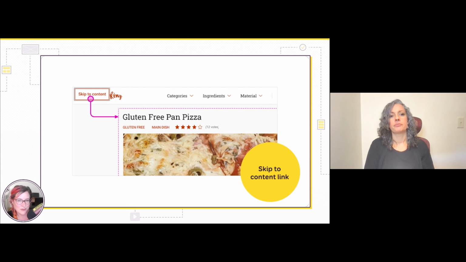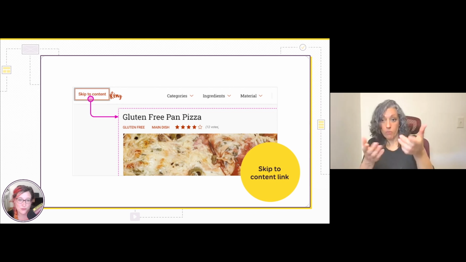Designers can also document the skip to content links. The skip to content link is a link that is often invisible, but not always, by default. And when the user starts navigating with keyboard navigation, it shows. It's also announced by the screen reader, and it lets people skip directly to different parts of the page. Usually, they want to skip to the main content. So if they know the navigation and they don't care about it and they want to go directly to the content, they can do it pretty quickly.